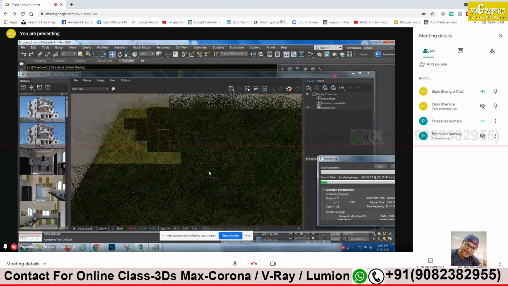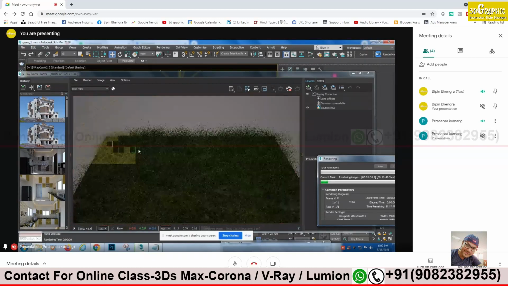Natural grasses. There is a difference in the color. There are some grasses, and in this I have not given any reflection. Once we give the reflection, it will be more reflective. It will look more natural then, more lively. In a proper scene, we give a lot of light, daylight, and a lot of other environmental things like HDRI. So definitely that natural look will come.